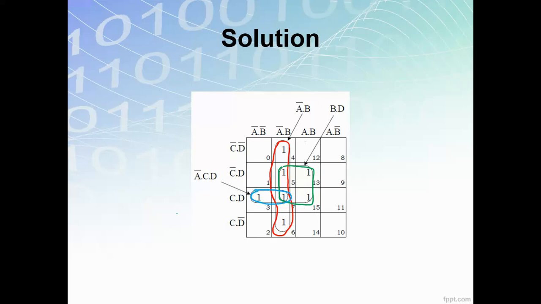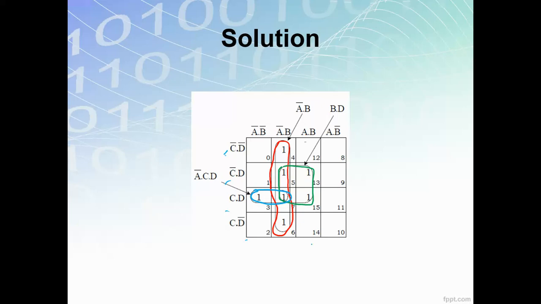Okay, so after you draw the loops, then you write the expression for each loop. So for this one, the vertical red loop, you have all the four rows involved, so they eliminate. It becomes ones, and the expression will involve only the second column, which is A bar dot